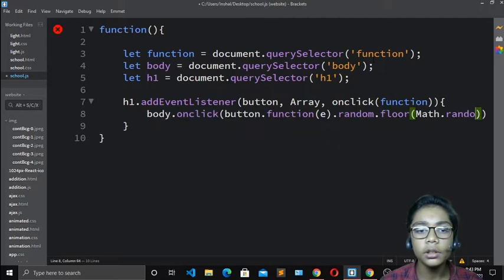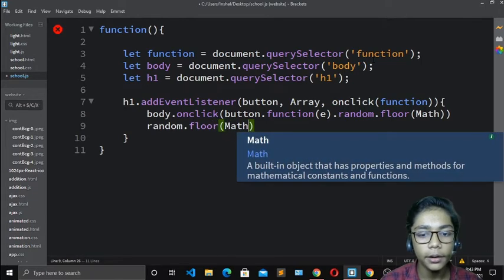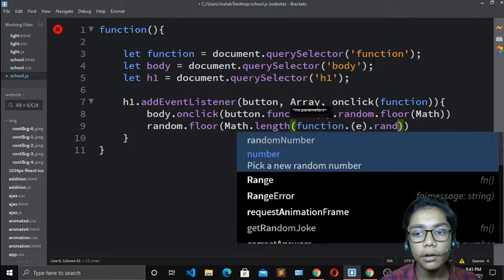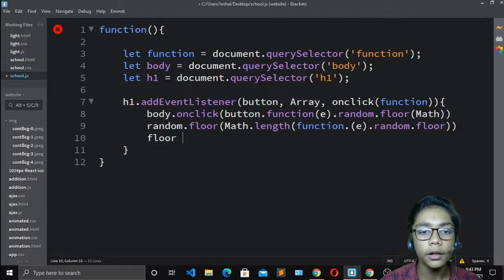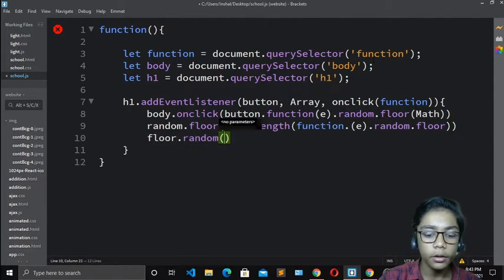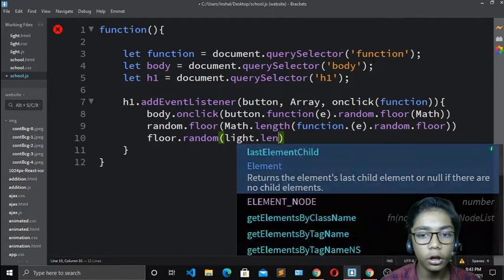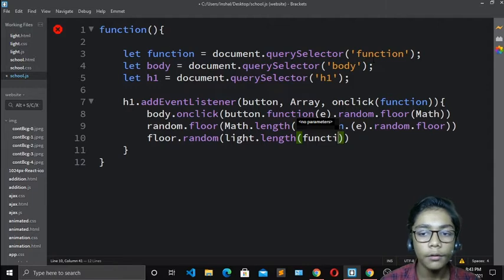Now when you've done all that, erase that because we don't need it. Come and write Math.floor, and write Math.length, and write function e again, and with that I will add random and floor. Then add floor random, and write length. I will write light over here first of all, then dot length, and function dot button.